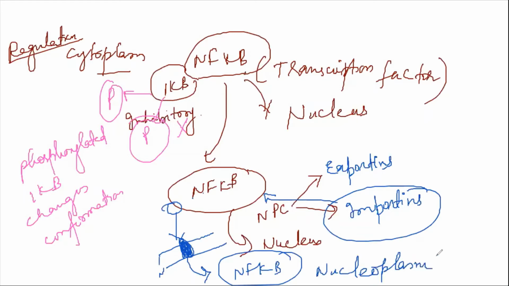Okay, is it clear? So initially the proteins which are required, any transcription factor or any enzymes whose function is in the nucleus, are present in the cytoplasm in their inactive form. Once they are required or activated, there are either inhibitory mechanisms or masking mechanisms. Once they are required inside the nucleoplasm, these are removed, and with the help of importin proteins from the NPC, that is the nuclear pore complex, they are transferred into the nucleus.